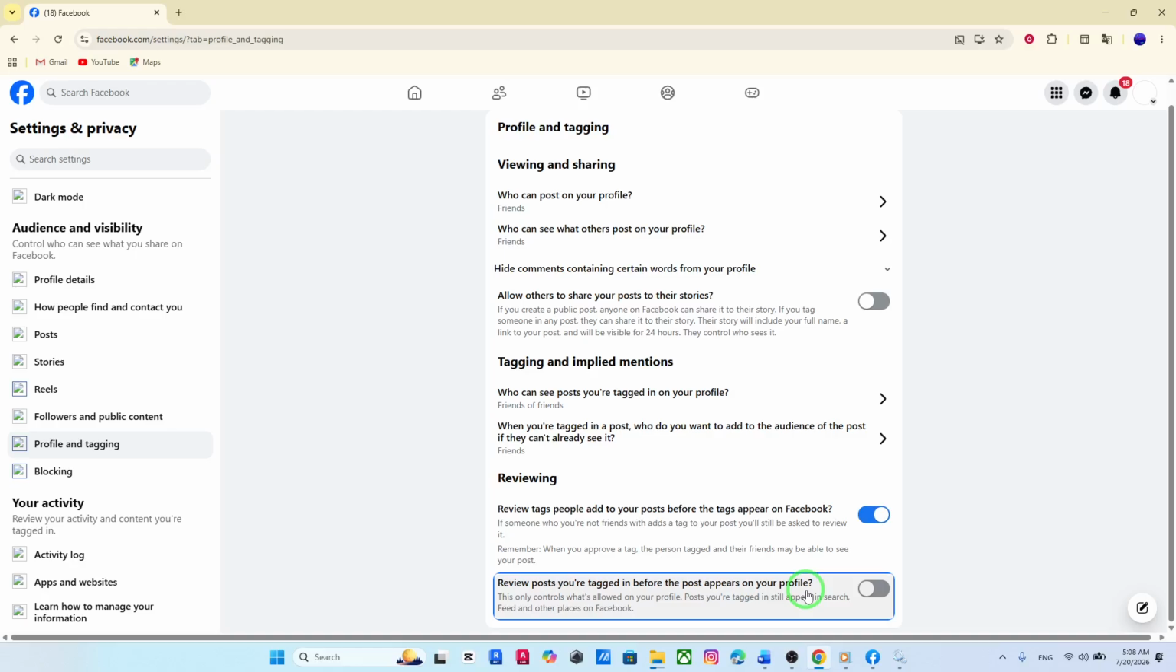Once enabled, anytime someone tags you in a post, it won't automatically appear on your profile. Instead, you'll get a chance to review it first and decide whether you want it visible on your page or not. This is a great way to keep your profile clean and ensure that only the content you approve is